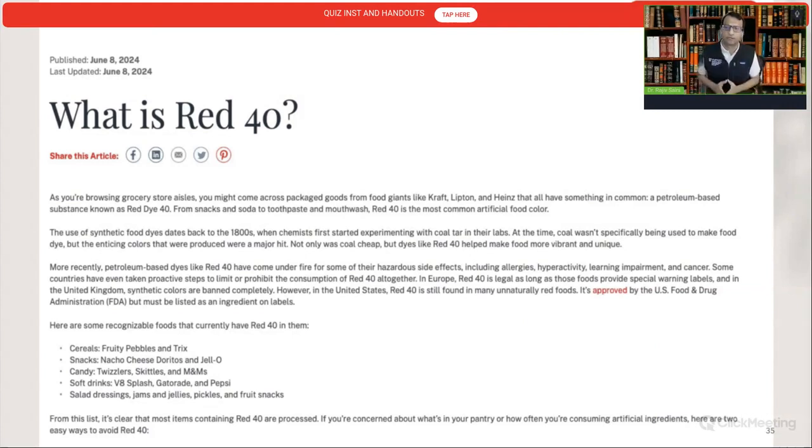Another important topic to mention here is Red 40. This is a very common synthetic color which is added to a lot of oral care products. When you see the shiny, bright red color in mouthwashes or toothpaste, nothing is real there. Everything is chemical, synthetic. Red 40 is a very dangerous chemical, so we should avoid those kinds of oral